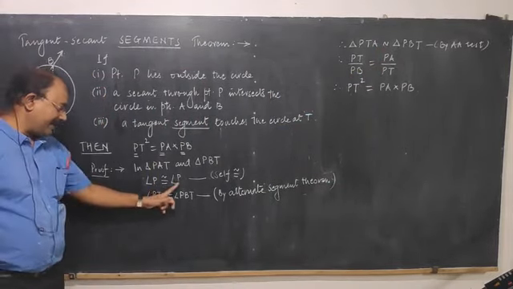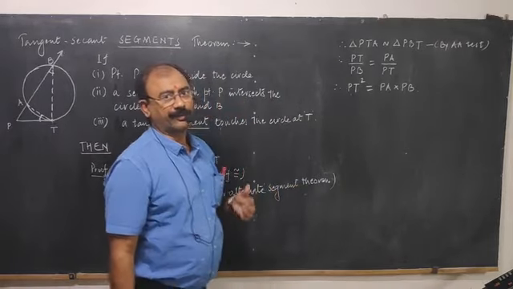Now when you say corresponding sides are proportional, we get three ratios equal. But since my expected result contains vertex P, therefore I have written only those segments having vertex P. So PT upon corresponding side of PT is PB. So PT upon PB is equal to PA upon PT. If you cross multiply, you will get PT square is equal to PA into PB. So that completes the proof.